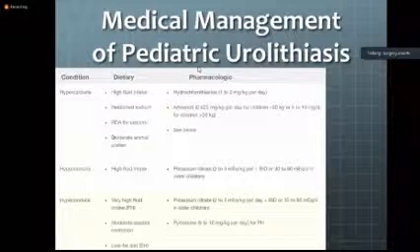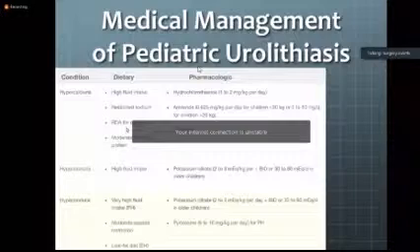If you have hypercalciuria, it is recommended that fluid intake should be increased, and this is something that you can cut and paste. And with all the research that has gone in to look at various dietary factors